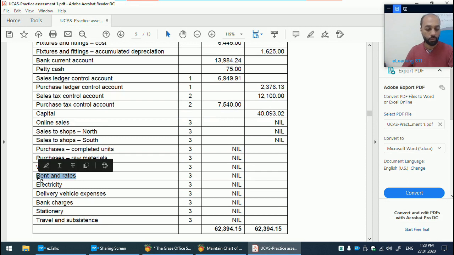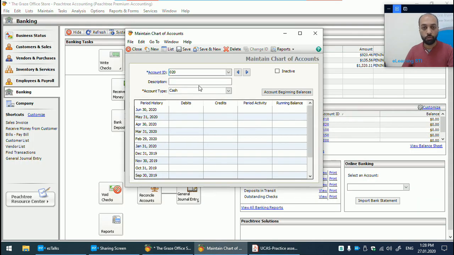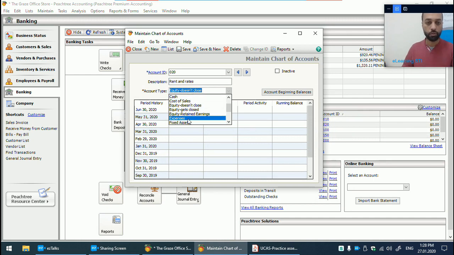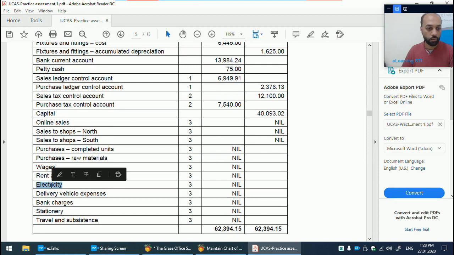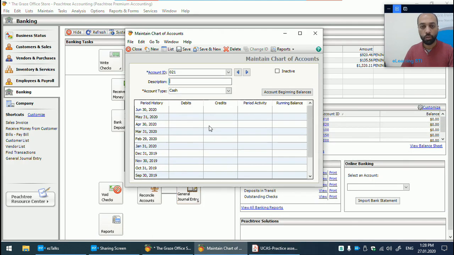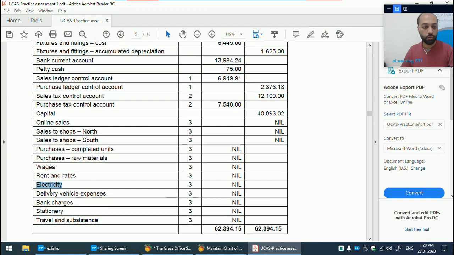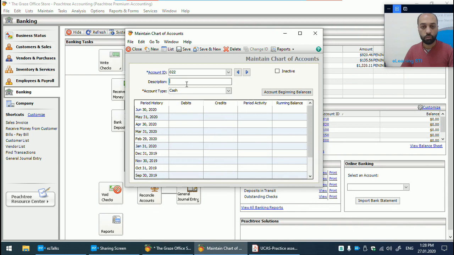We have content rates. Now all of the rest of the transactions are under expenses. So 020, now 021. I'm counting so I don't miss any number in between. Electricity, expenses, 022. Now here we have the vehicles, expenses,